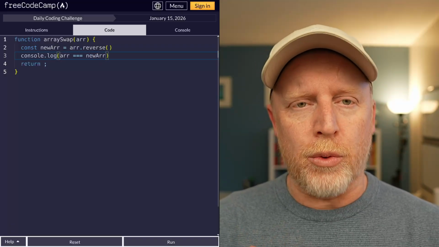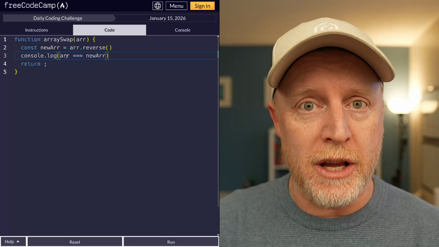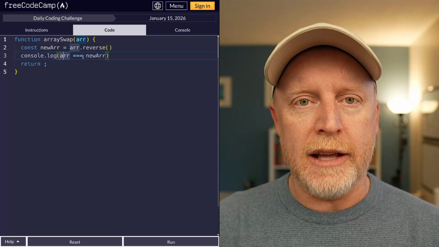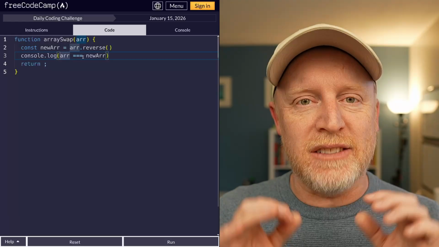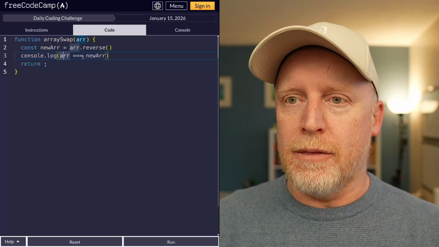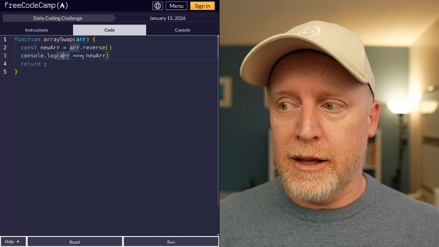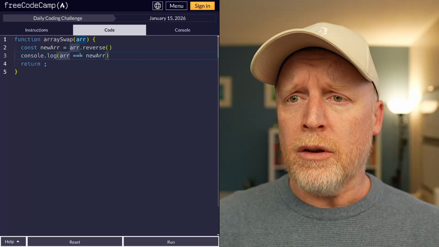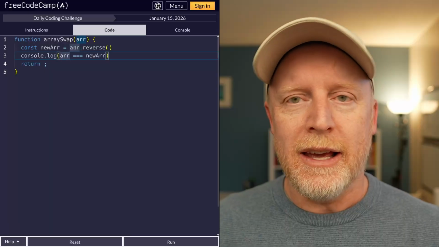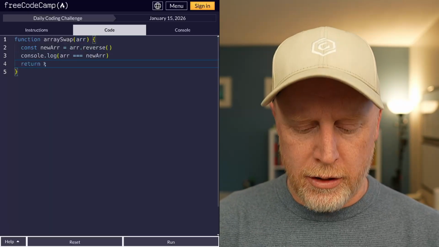Okay, now with arrays, this can only be true if it's pointing to the same place in memory, which means that the variable names will change, but the actual contents, with the space in memory, is exactly the same. That's one of those tricky things about arrays, is that they are passed around by reference as a way of maintaining memory, as a way of maintaining that performance. So you can actually go const new array equals array, and it doesn't create a new array. It just points to the old one in memory,